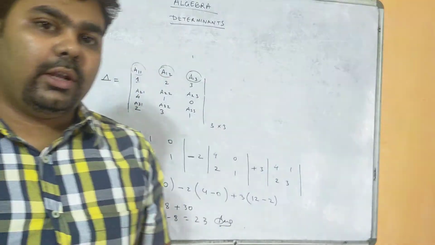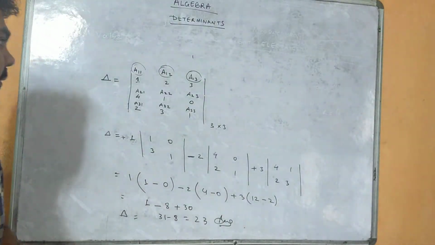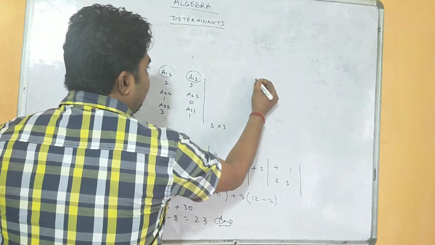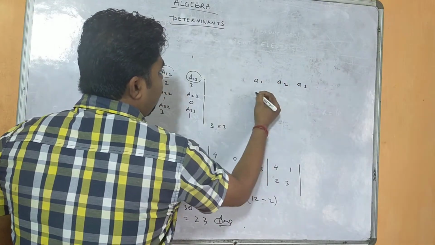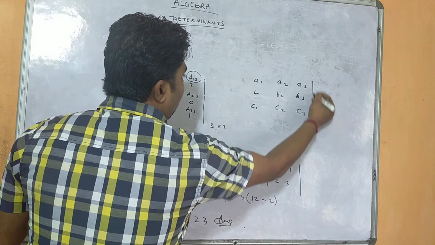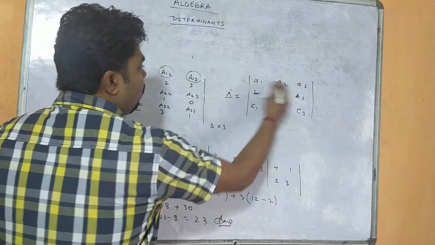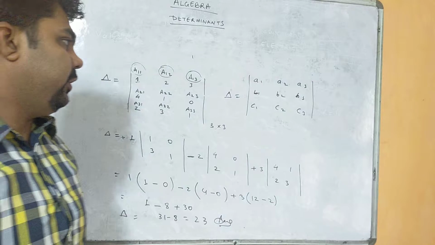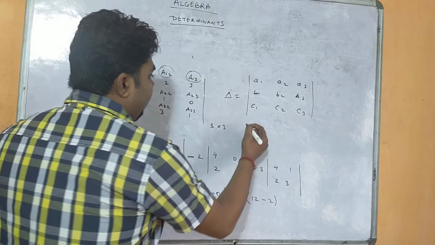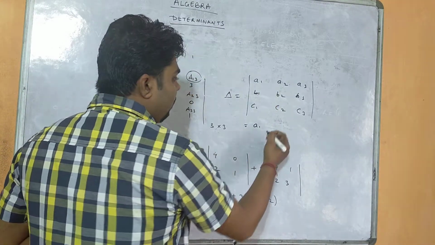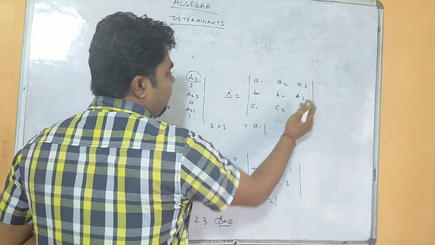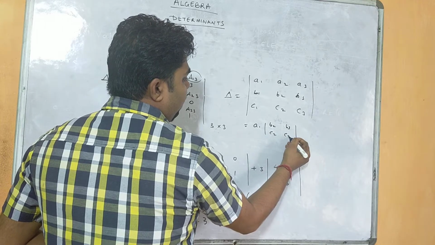Okay, so this is how we get the value of any 3 cross 3 determinant. I repeat once more. When I say 3 cross 3, that means it has 3 rows and 3 columns. So if any determinant has 3 rows and 3 columns, then it is called a 3 cross 3 determinant. Now when you need to find the value of this determinant, we will take first A1, then the minor of A1. For the minor of A1, you hide this row and column, leaving B2, B3, C2, C3, right?